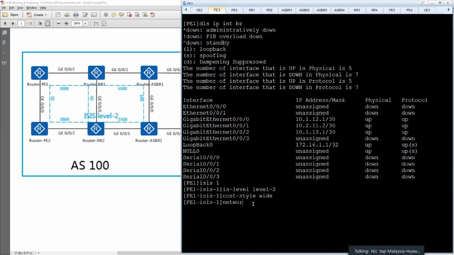network entity 49.0001. So from here, I define my loopback as my entity ID: 1720, 1600, 1001.00. Okay, this is my network entity, 1720.1600.1001.00. After that, I go to the interface gate 0/0/0,